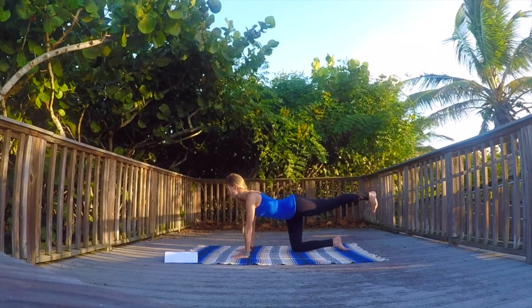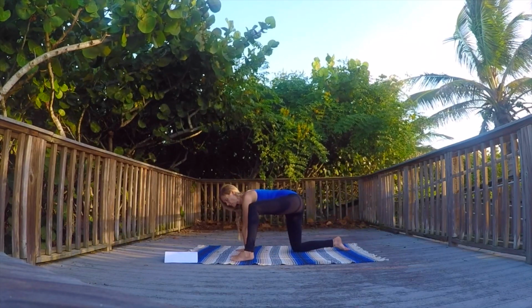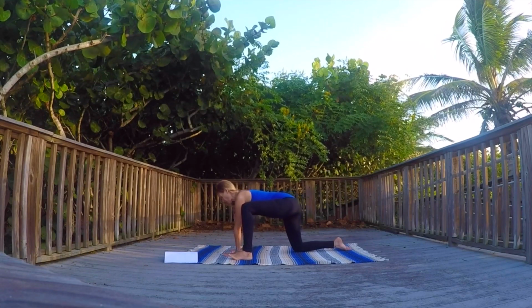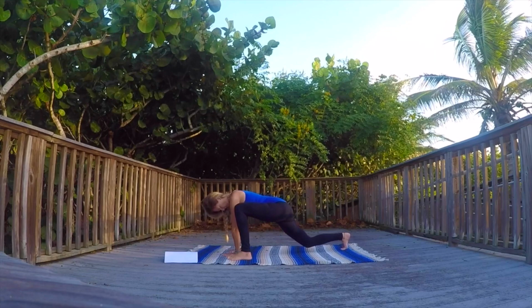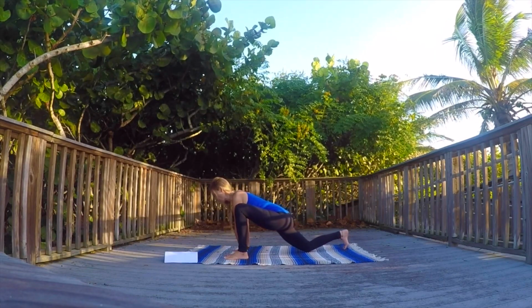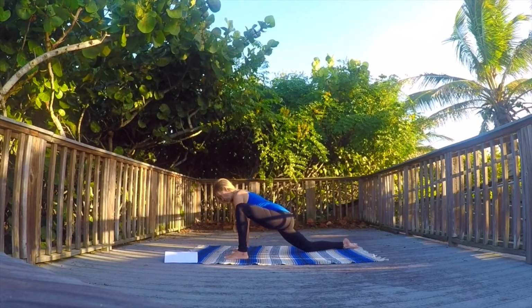Nice deep inhale and exhale. Now taking that foot and reaching it all the way up towards the front of the top of your mat on the outside of your left hand. So it's kind of like a lizard dragon variation. Curling the right toes under and lifting that back knee up a little bit so you can wiggle that leg